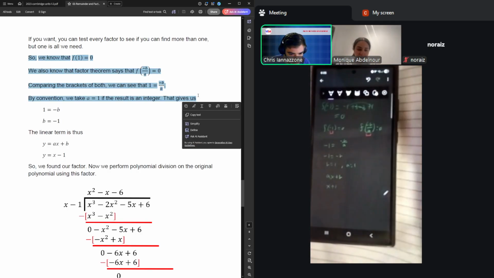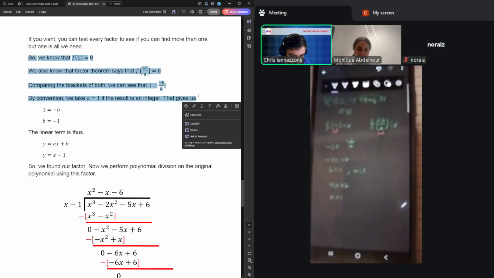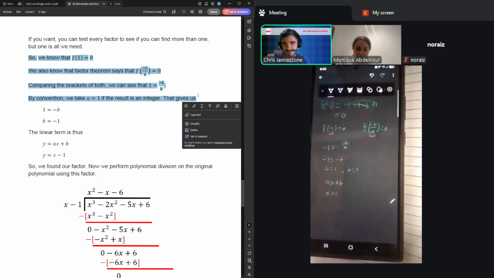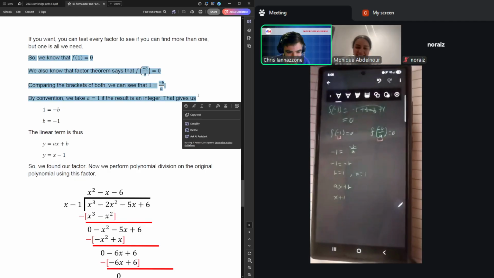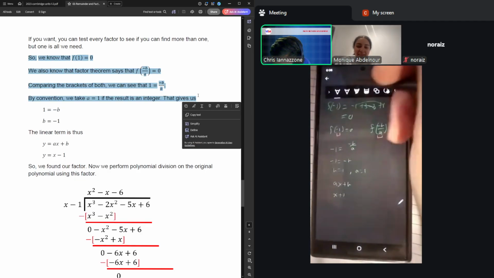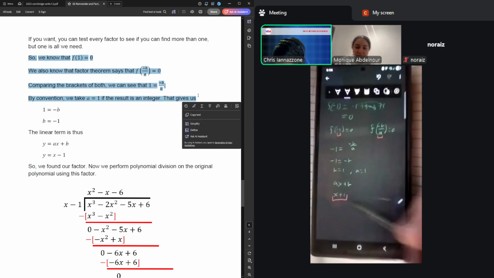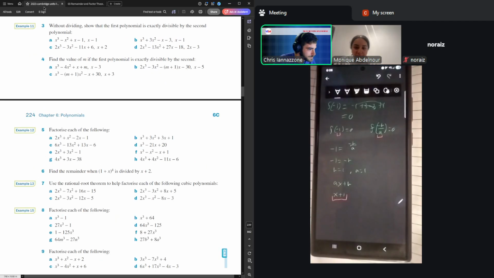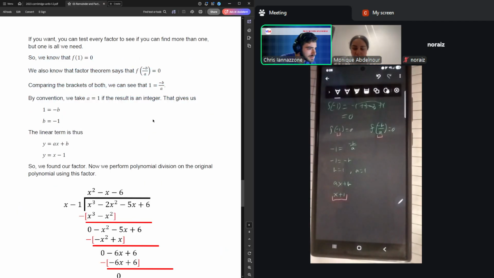It's a fair point not to understand where that came from, because before I started tutoring, I also just took it for granted, and I was like, oh, you just flip the number, and that's it. This is the reason why. You don't need to know the reason why, but I guess it's kind of nice, just in case. Was that all I was asked for? No, I said factorize. We found a factor,